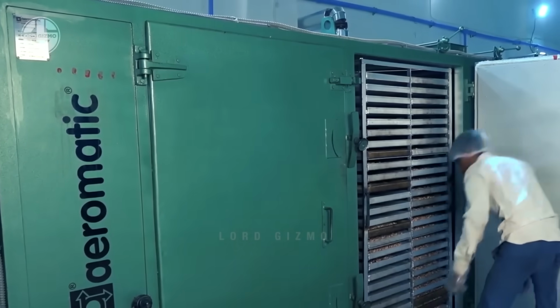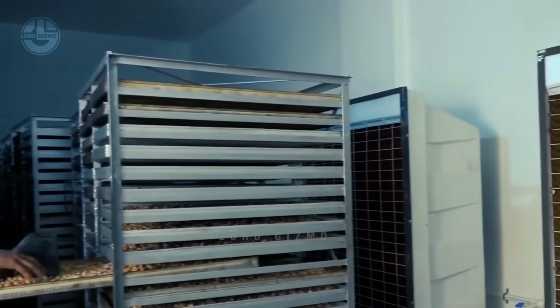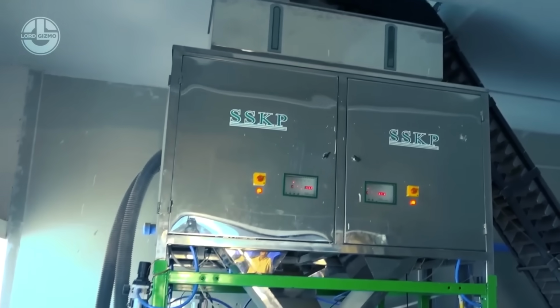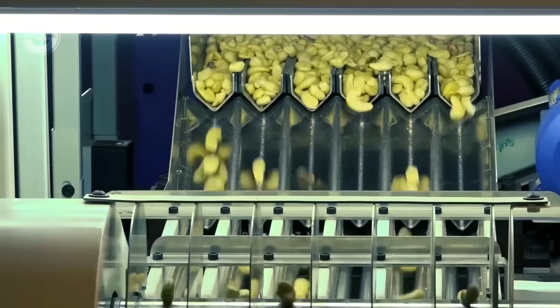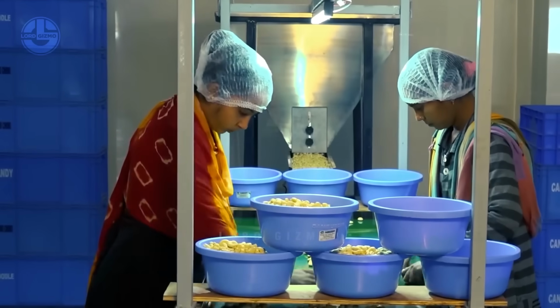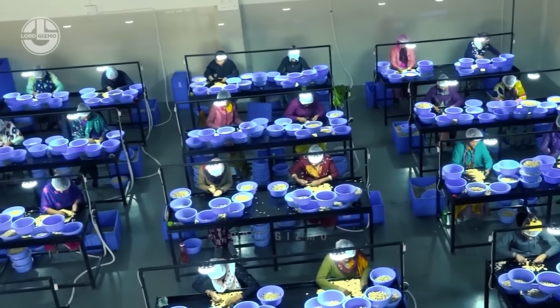After some time, another worker will check the condition of each tray. When they've already met the standards, the worker will transfer them over to this funnel-like machine. This is the machine responsible for peeling the cashew nuts. Cashew kernels are graded by sorting them according to specified standards into various sizes and shapes. This work is usually done manually by skilled laborers who filter through each batch of kernels to place them in